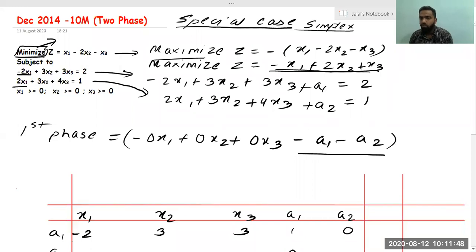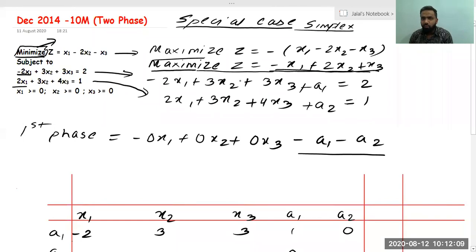This will become plus. So this mistake should not happen. A1 and A2 should not become plus. A1 and A2 should remain as it is. As per the convention, A1 and A2 should be negative. So even before starting, you should do maximization to avoid A1 and A2 becoming plus. So what will happen if you don't do maximization here?